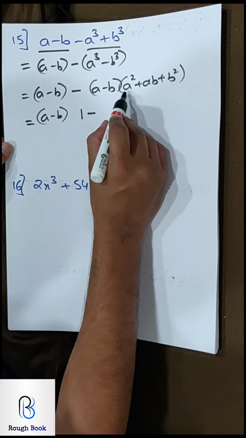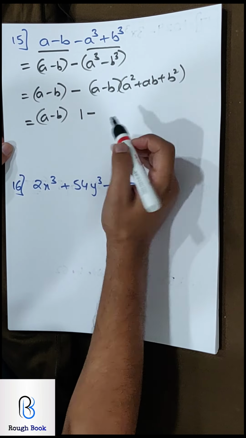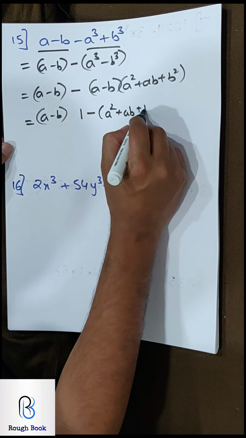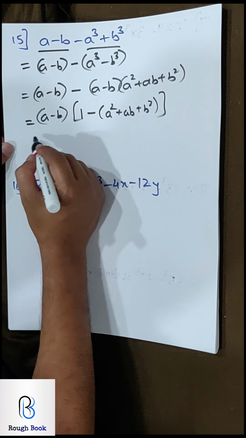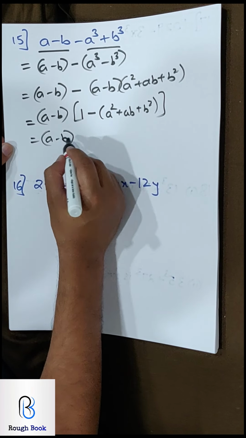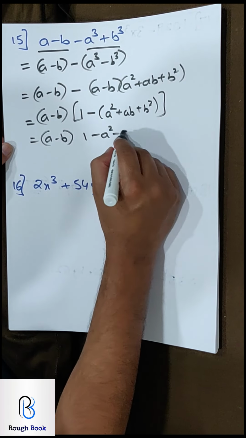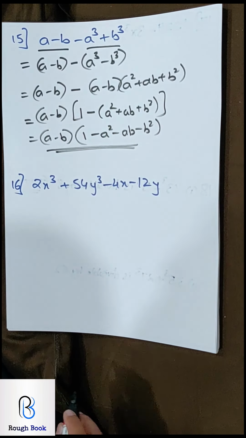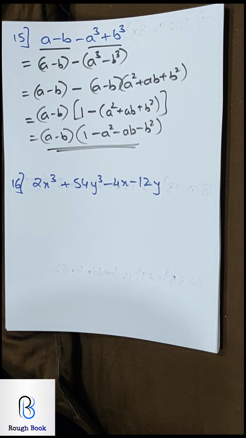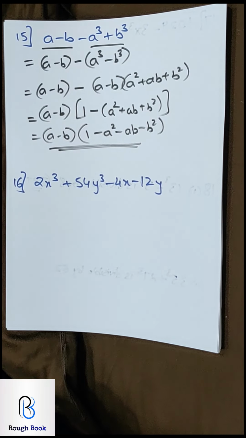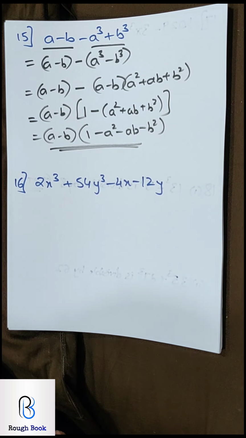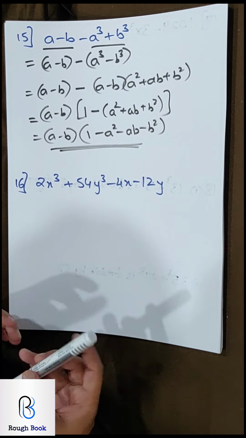Now since this is minus, all signs will have to change, or put them in the bracket, next step you change. So we'll put it in the bracket, so we have no confusion at all. So my final answer, (a minus b)(1 minus a square minus ab minus b square). No like terms, so I need to leave the sum there. So, how many of you are able to get it? Cool. The next one, 16. So go ahead, try the question on your own. See what can be done here.